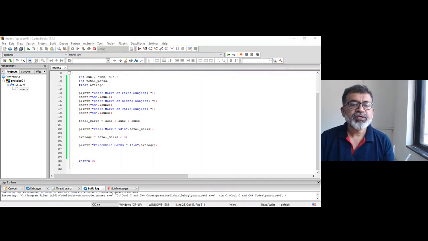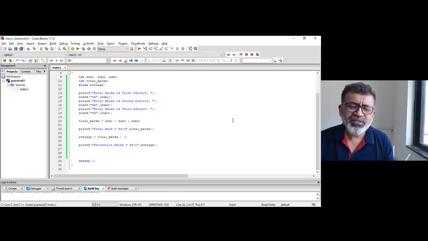So let's enter some values. Enter marks. Three subjects we have taken. Total marks 165. Percentile marks 55. Right. Now this is something weird. Okay, 55.0000. Usually all comparison in C